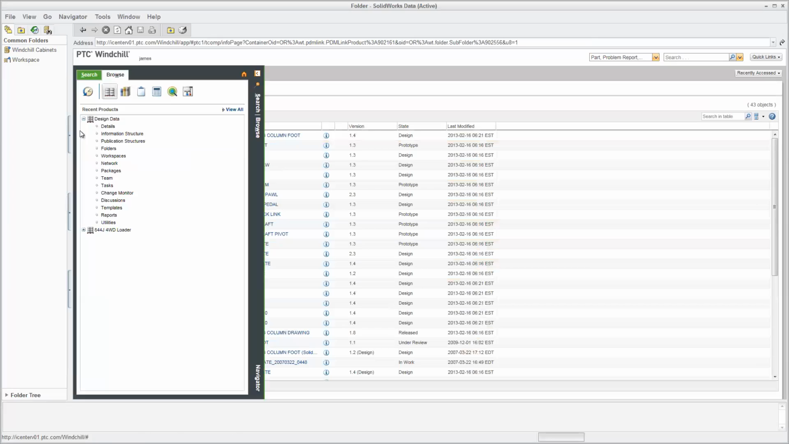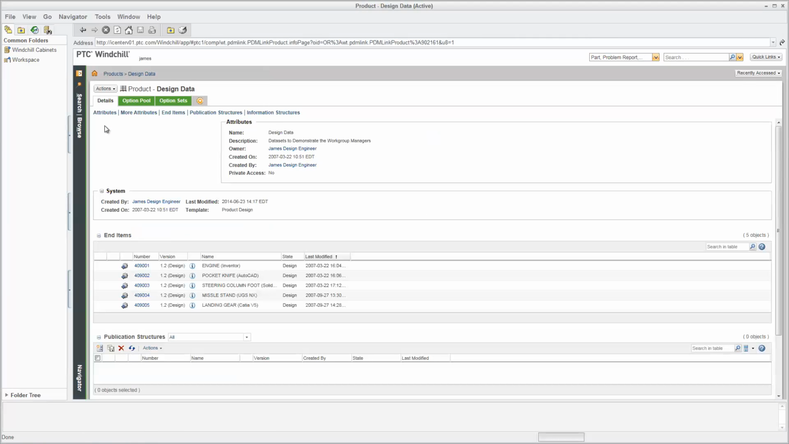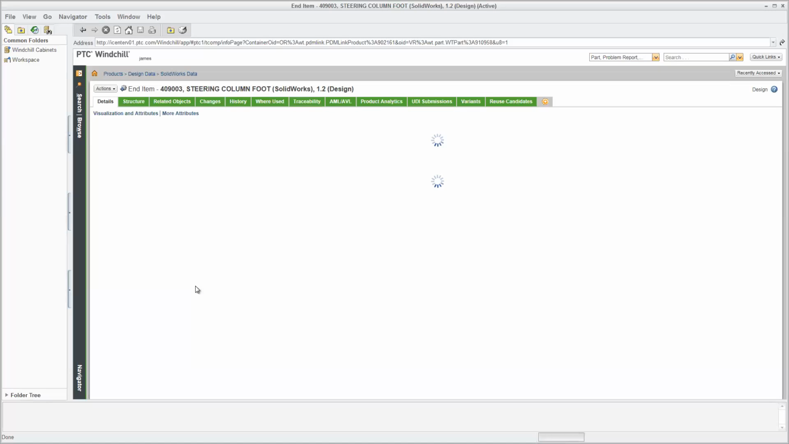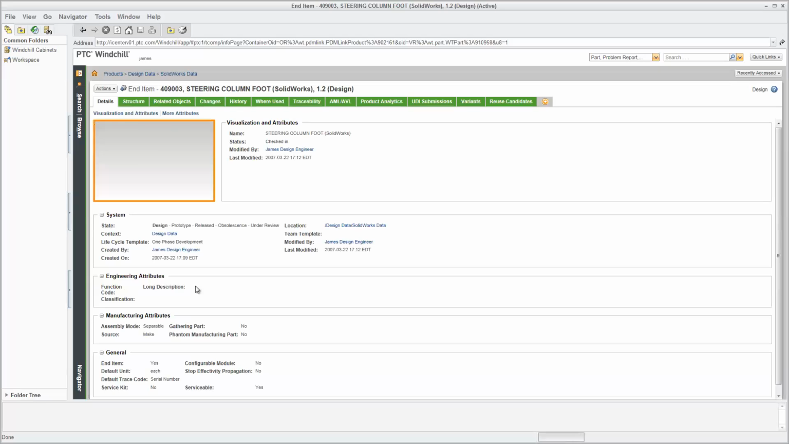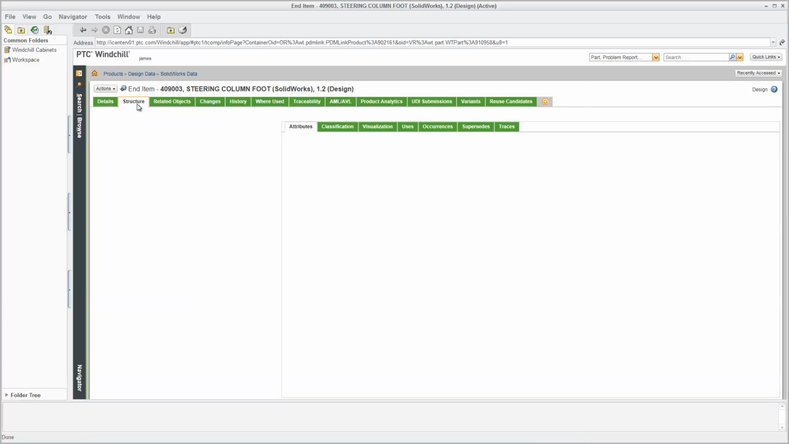So let's open this up. And there's a particular assembly I want to find here. It's called the steering column foot. And what we're going to do is make a change to this. So this object currently already exists in Windchill. You can see the visualization of it in the top left, but we want to make some tweaks, and I